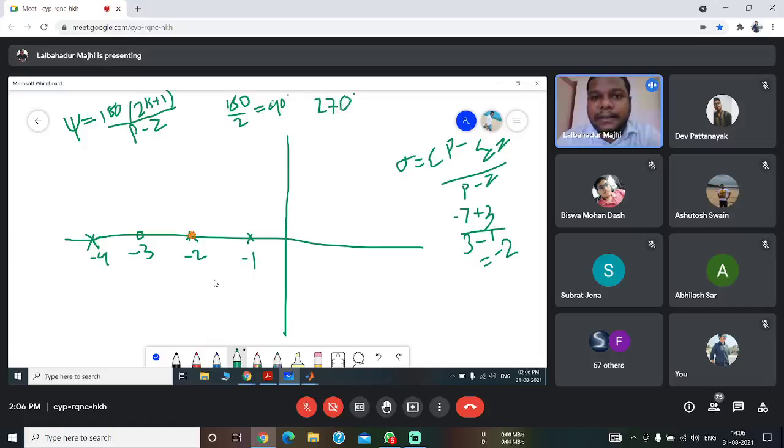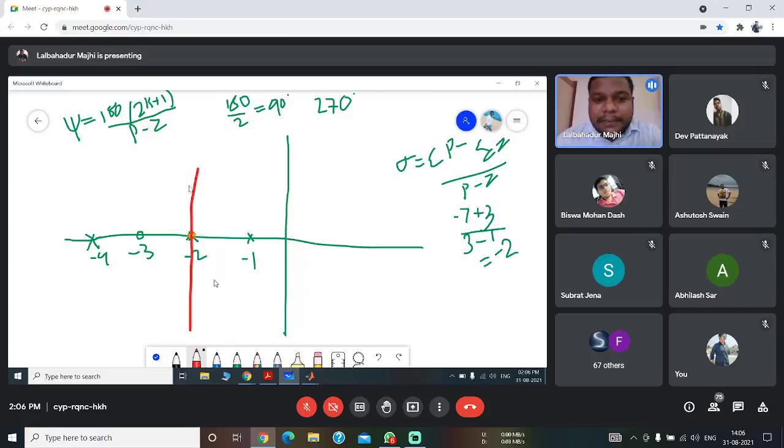Clear? I think you are able to follow me, okay, the calculation. For k equal to 0, we are getting the angle to be 90 degrees. And for k equal to 1, we are getting 270. So similarly, for k equal to 2, 3, we can do. Okay, so from this point, we have to draw the angle of asymptote. One is 90, another is 270. So this is 90, and this will be 270, right? So from the center, we have to draw the angle of asymptote. The next angle will be this one, 360 plus this one, it will be 540. Okay, so we will get only 2 asymptotes.